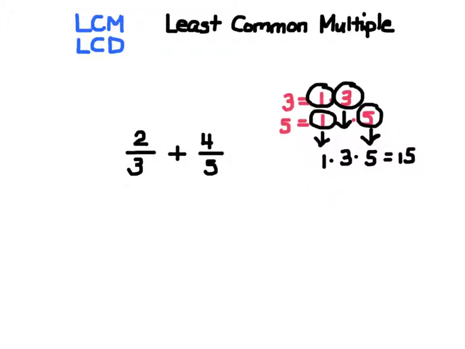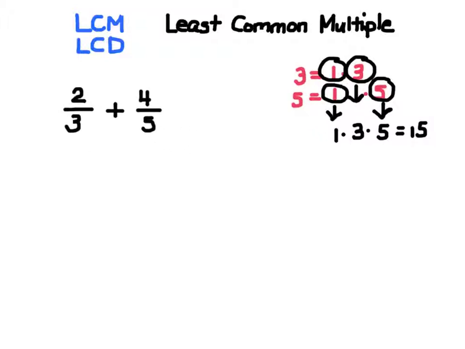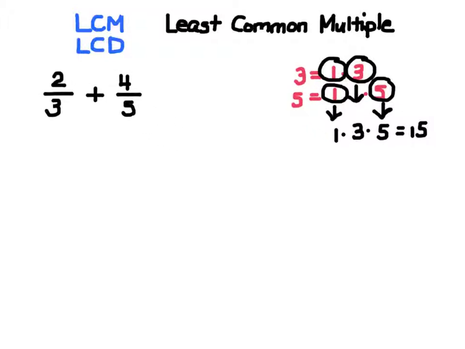Okay, let's move these up. So the least common multiple for this sum, for these denominators, is 15. So we'd multiply the top and the bottom by a 5, because 5 over 5 is 1. That gives us a 15 in the denominator of the first rational expression, and the top and the bottom of the second rational expression by 3, because 3 over 3 is 1, and then again that gives us a 15 in the denominator. And we end up with 2 times 5 is 10, over 3 times 5 is 15,